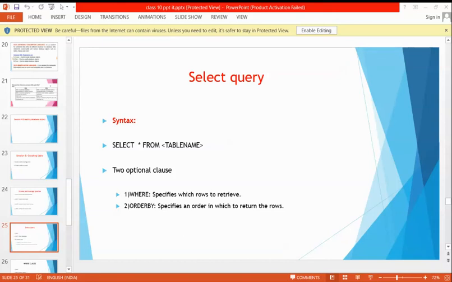So here it is fetching the whole record in this table. Suppose sometimes you want only one record from the table, you want to fetch only your record from the table. At that time we are going to use different clauses, that is where clause and order by clause. So that we'll see in the next class.